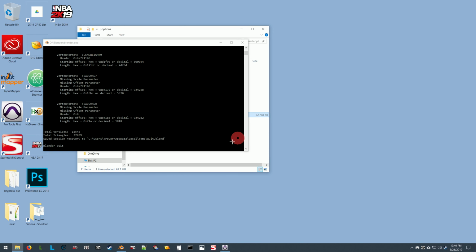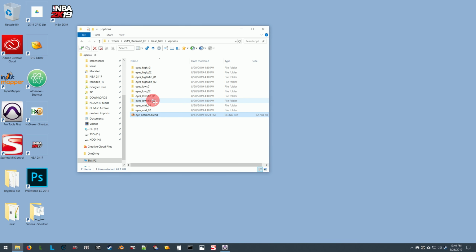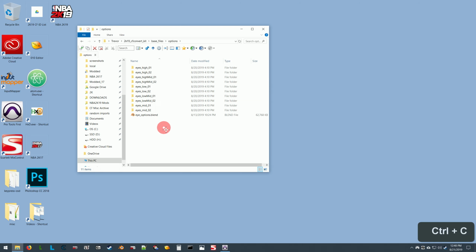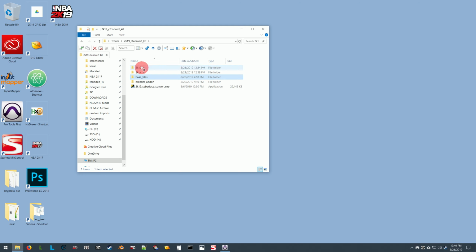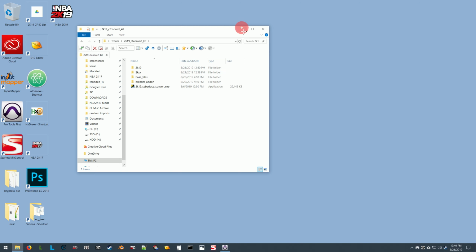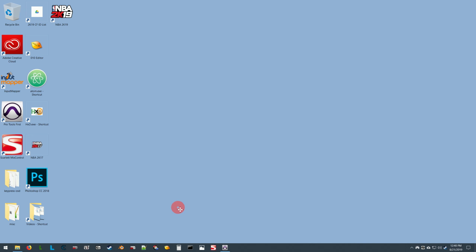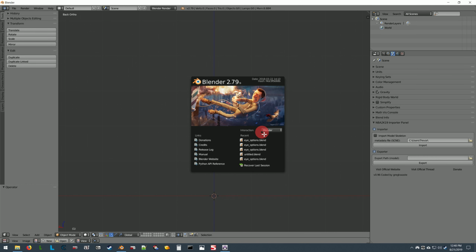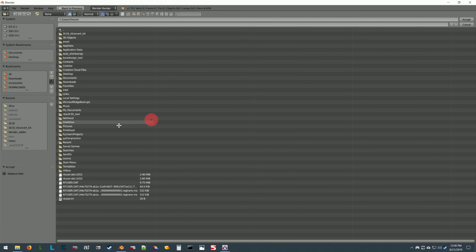How far forward or backward the eyes are, how far apart they are across the x-axis. So I picked that, and then I went to the folder. All those folder names correspond to the Blender objects you were looking at. I copied in the files from the folder of the option I chose. I pasted it in the 2K19 folder, and now